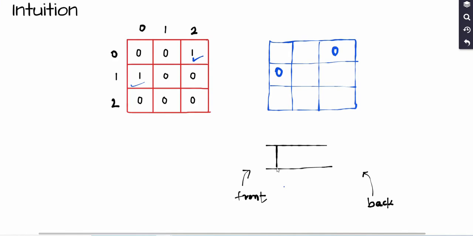Okay, so this is my queue. Initially I will be pushing the cells which contain water in this queue. So what are those cells? That is 0, 2 and 1, 0. The first integer is the row number and the second integer is the column number. So these are the cells which we initially have while we start our BFS. So we visit these cells, and then I pop the top cell out of the queue, that is 0, 2,